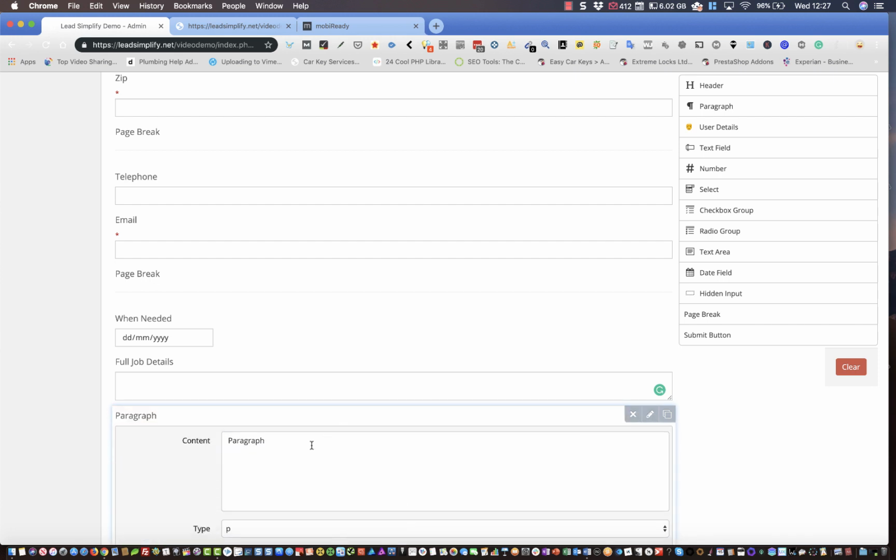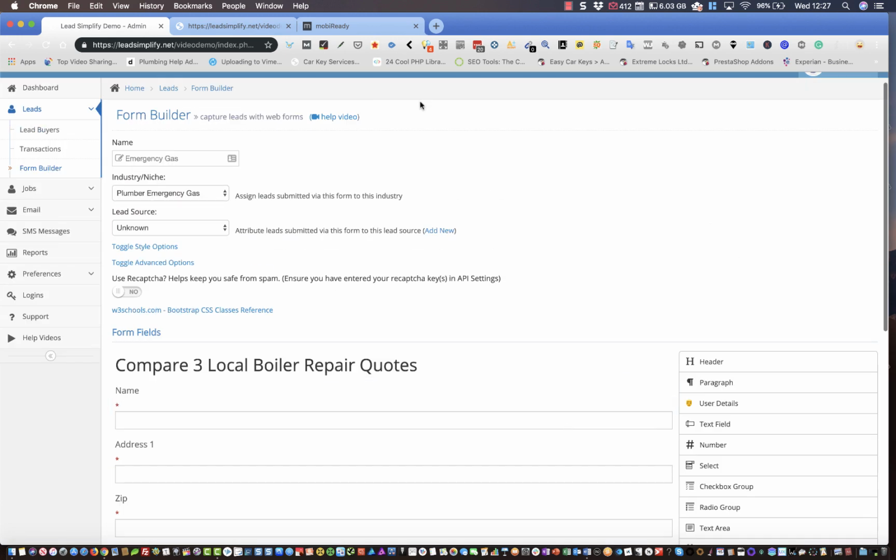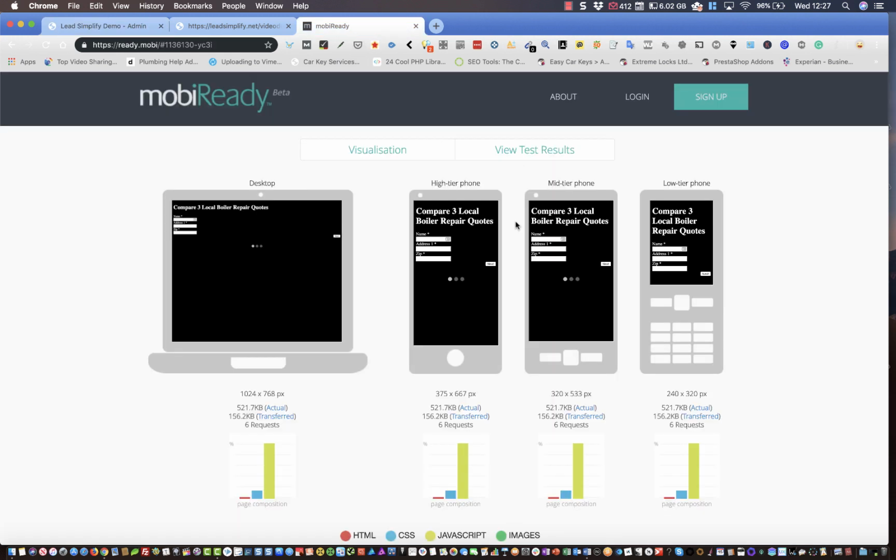Okay, so just edit the paragraph and say, by submitting this form, you agree to X, Y, Z, and all that stuff. So you can add anything you want into this form and it'll look absolutely cool on a mobile phone. And as you can see, it works on all forms of mobile phones. And he's sending traffic straight from his Lead Simplify system, and he's only doing mobile advertising, and he's making really, really good money.